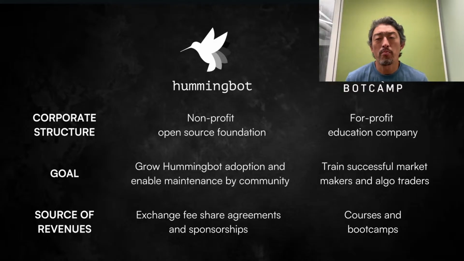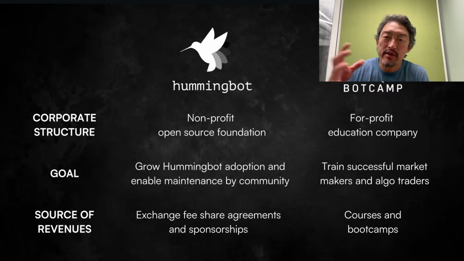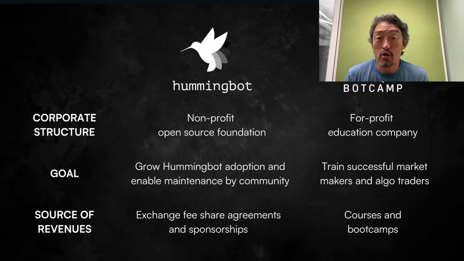So when we first started Botcamp, we used to do more cohorts. I think we had 4 or 5 cohorts every year. Gradually found that it's actually better to have a couple cohorts, make sure that there's a critical mass of students in each one, because they can team up, they can help each other, and it also allows us to spend the rest of the year adding new features to Hummingbot, adding courses, and trying to make the content so that every single cohort people are learning something new.